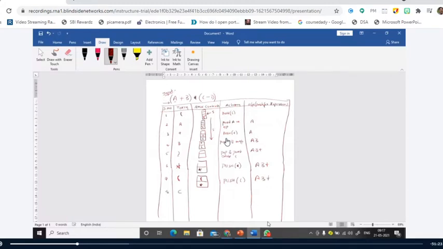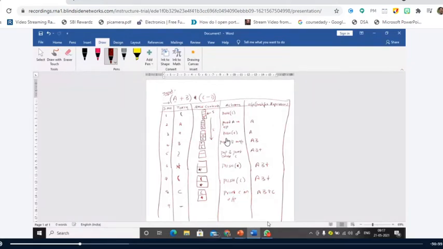Next, what is the next token? It is C. And since it is an operand, nothing to do with the stack. So the stack contents remain as they are, and the action you have to do is print C in the output. So now the output becomes AB plus C, right? Now the ninth one. What is the next token?